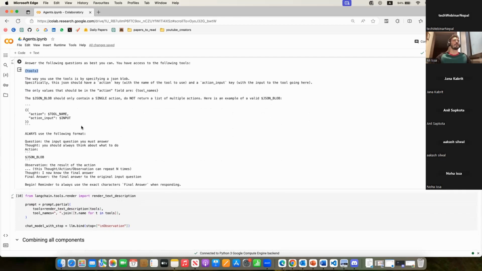And then we tell the model that whatever tool you have chosen, you need to return a JSON object containing the action, which is the tool name, and the action input. So for example, if I'm using the math tool,